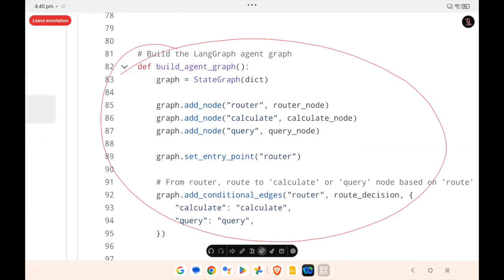Just go through these lines and let me know what you can think of here. Hello.